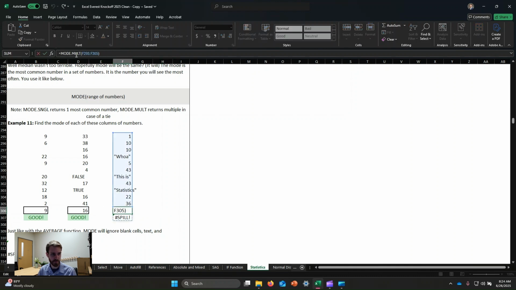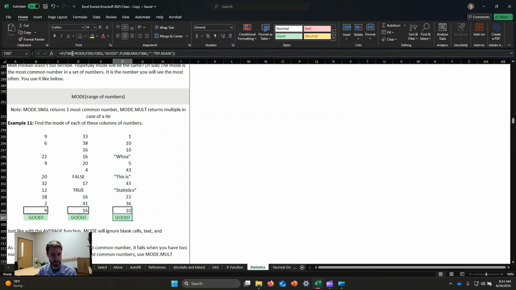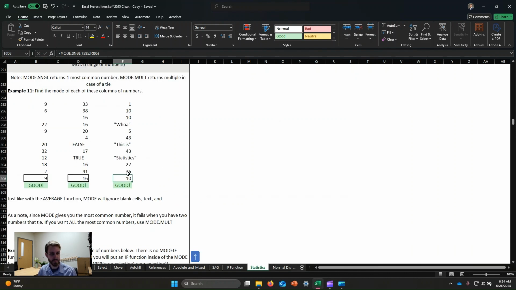Oops, never spilled. It doesn't know how to handle those strings, I guess. SNGL 10. Okay, so we won't try to do the multiple on this one because it got confused. But your mode.single